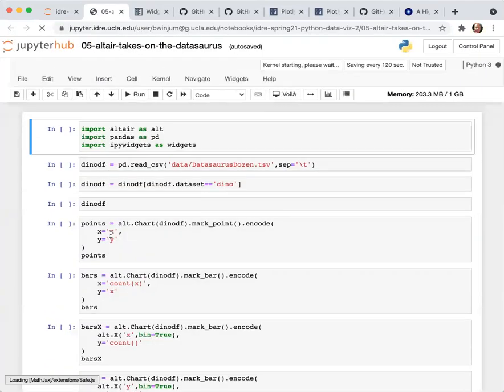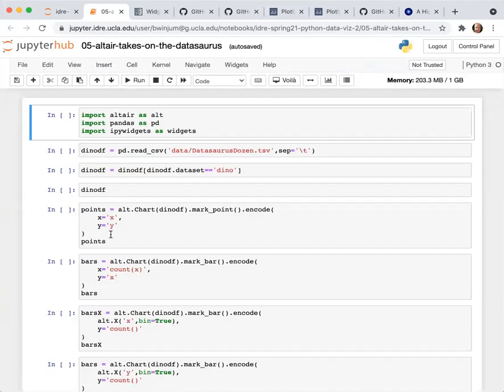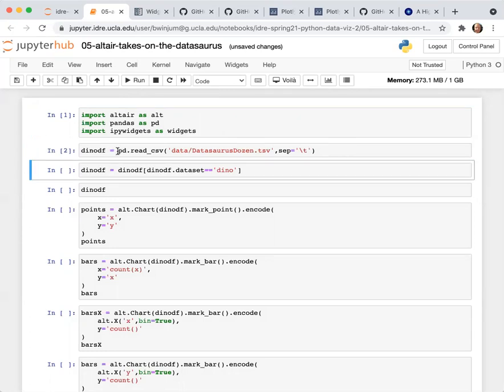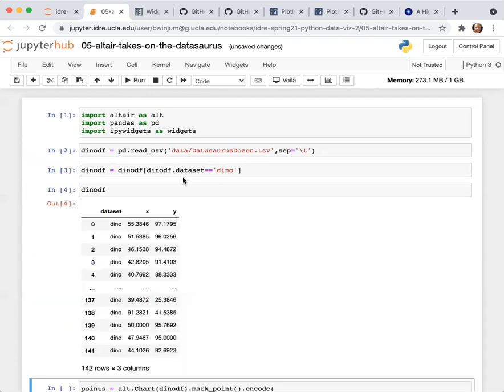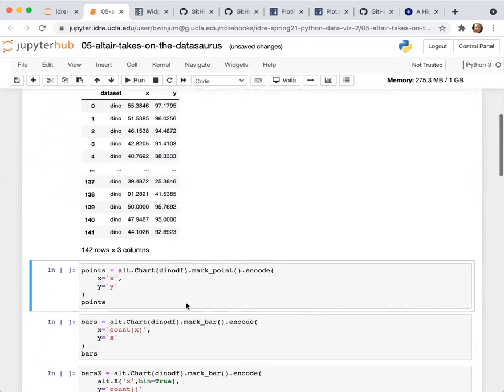With the grammar of graphics, I mentioned that you add successive layers onto a graphic as you're building it up. So I'm going to import the Altair library as alt. I also import pandas and IPy widgets. And again, since this is a new notebook, I'm going to import the data source, the dozen dataset, which we are familiar with now.